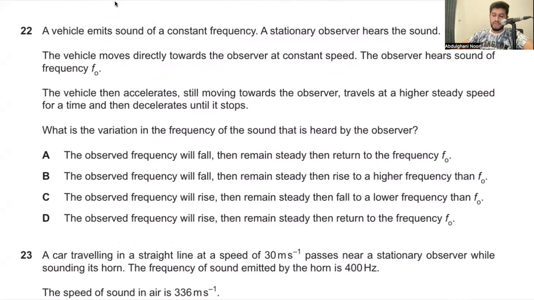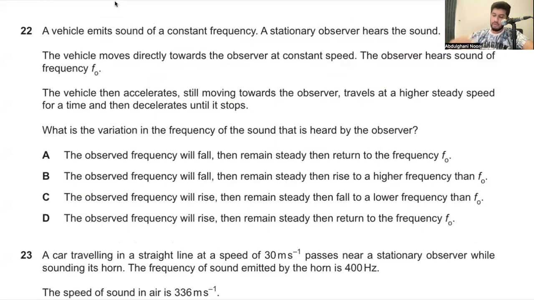Question 22 says a vehicle emits sound of a constant frequency. A stationary observer hears the sound. The vehicle moves directly towards the observer at a constant speed. The observer hears the sound of frequency f0. The vehicle then accelerates, still moving towards the observer, travels at a higher steady speed for a time, and then